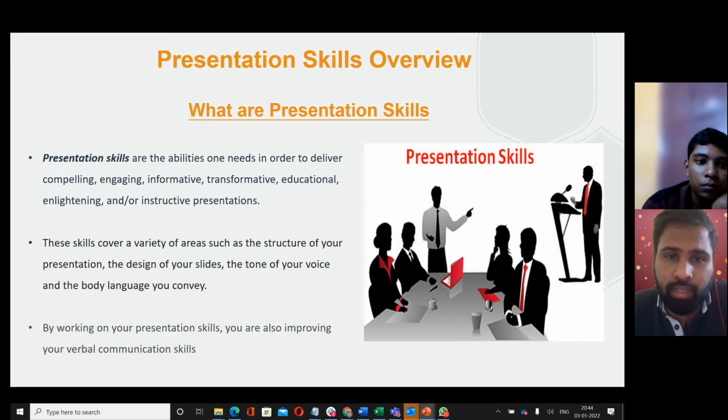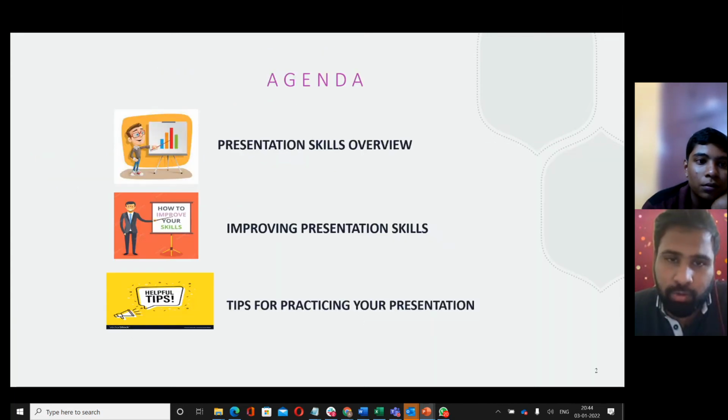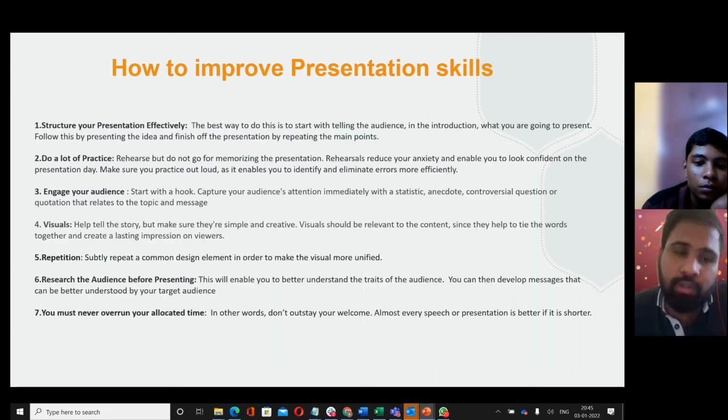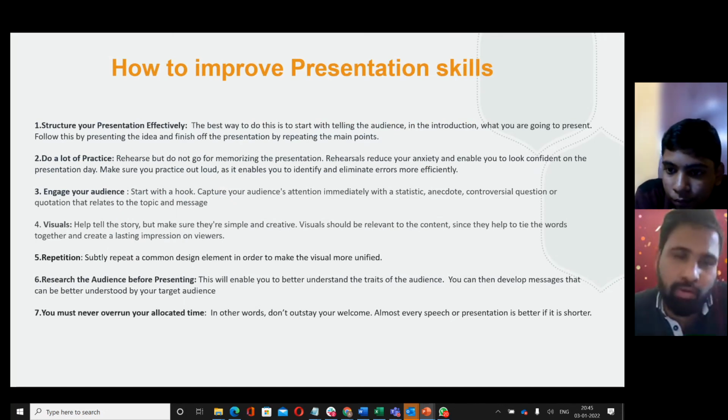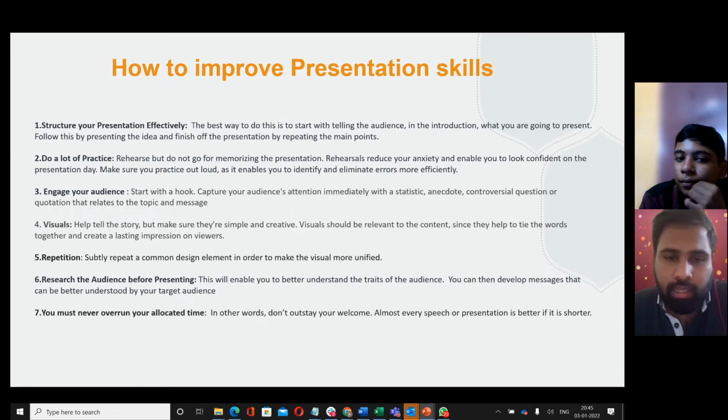Have only two colors. If you notice here, I only have two colors, black and orange. Ignore the graphic. If you notice here also two colors. If you notice here also two colors. Don't have more than two colors. Three you can have, it depends, but don't go to that. Have only two. Okay. Got it? Yes, sir.